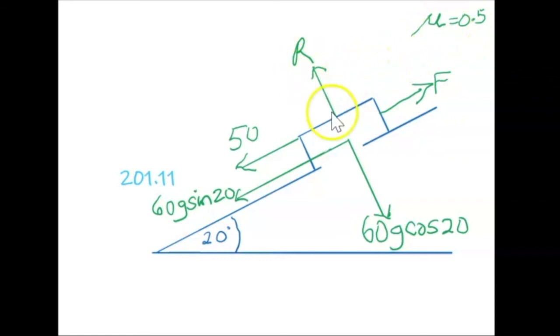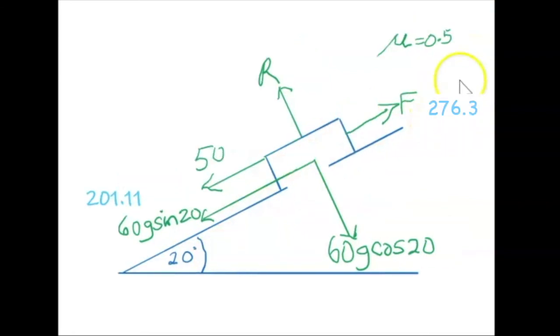We know that R is still 60g cos 20, so the maximum friction will be mu R, which will be 0.5 times 60g cos 20. This is 276.3 newtons,